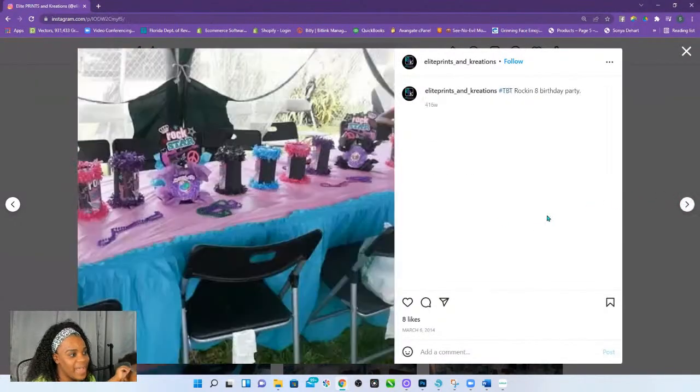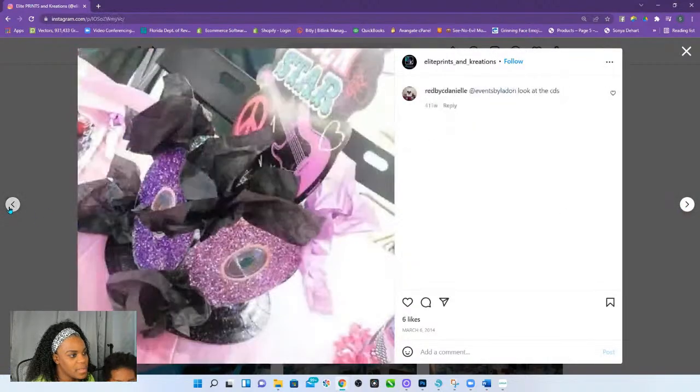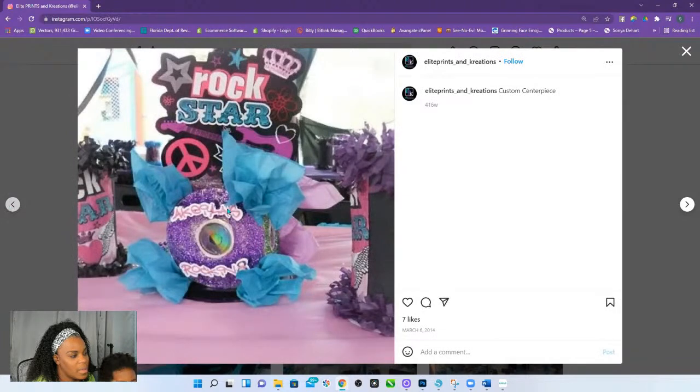I'm trying to see if I have a good picture of it. See, and then I cut this out by hand. And I thought I was doing something, putting a little different colors on there. Oh, man, I look at this now. I'm like, Shakira, what were you thinking? Okay. This right here.